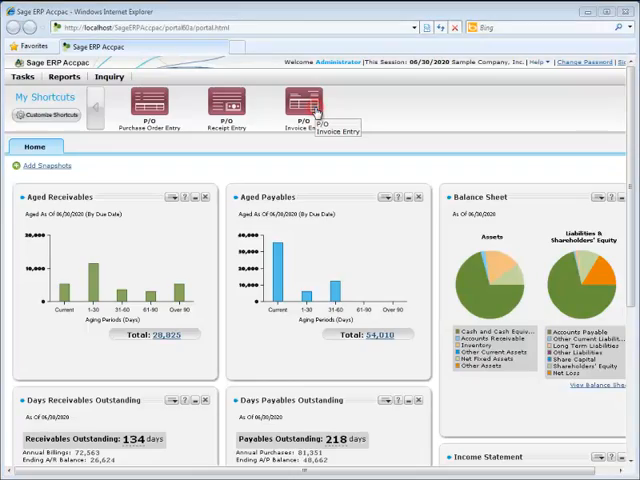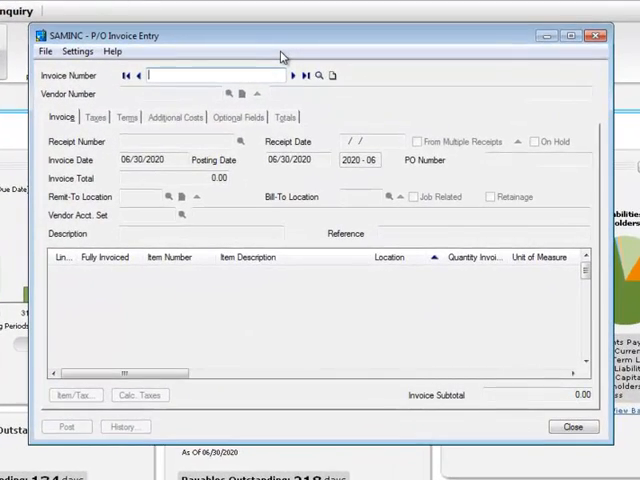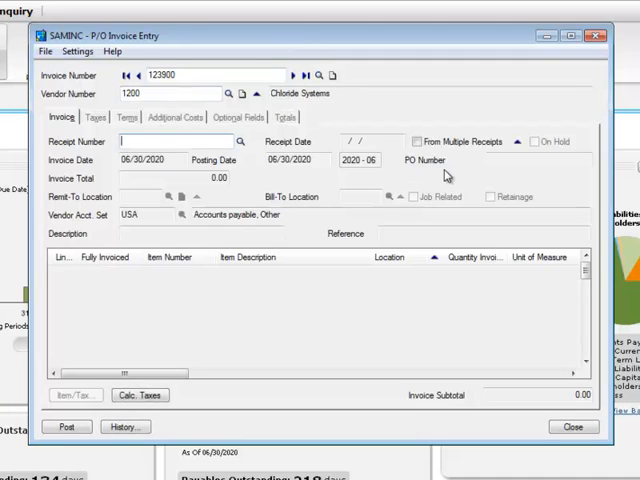To start, we'll open invoice entry and enter the invoice number off the paperwork, which is 123900. At this point, we're going to depart from the procedure we've been following, which has been skipping over the vendor number and entering the receipt number. The reason we can't do this here is that we have 2 receipts and the field only accommodates 1 receipt number. So instead, we'll enter our vendor 1200 Chloride Systems,